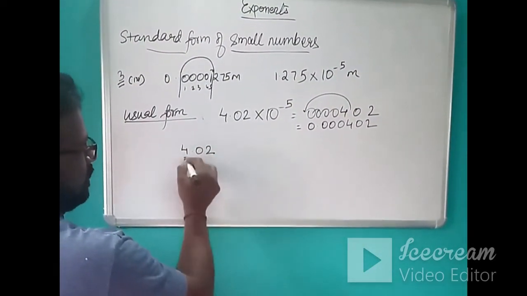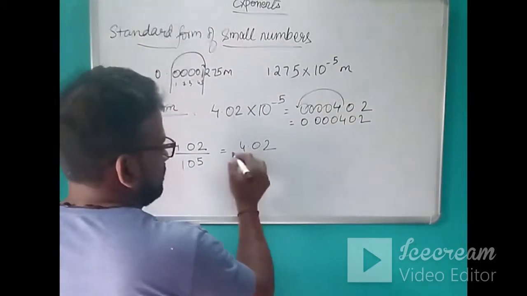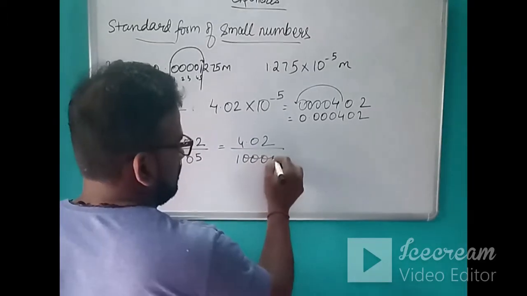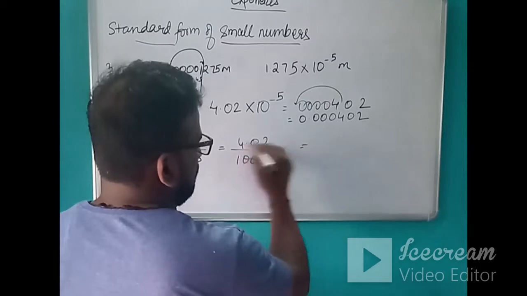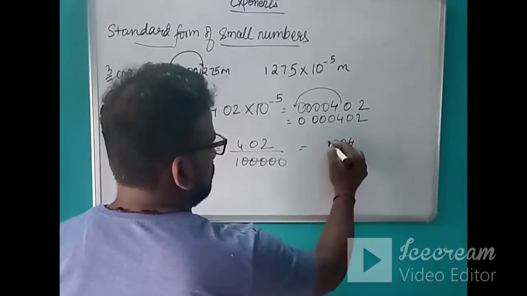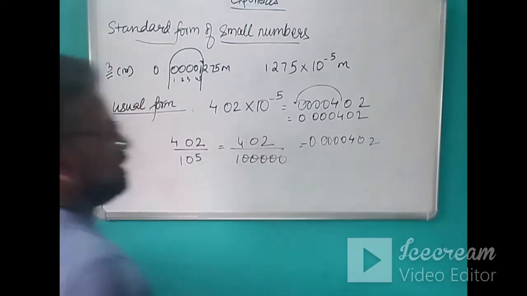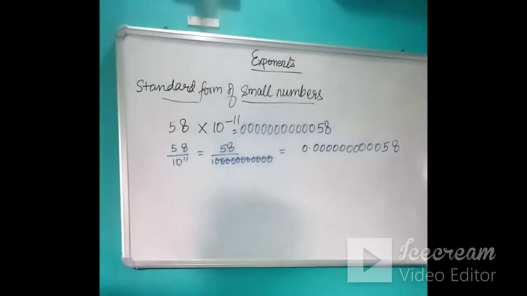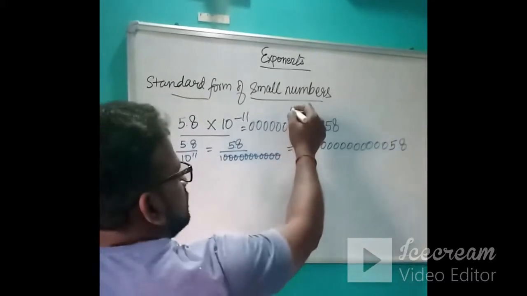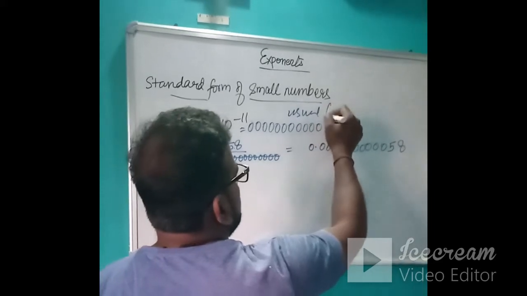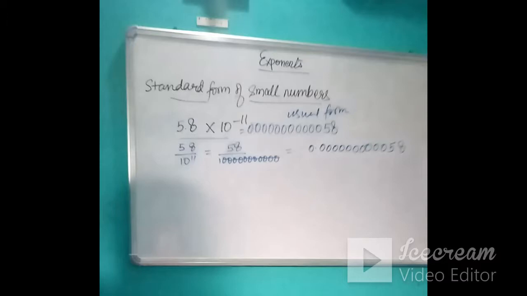Or one more method is there. You can write it like this, 10 to the power 5. Then we will expand this 10 to the power 5 as 5 zeros. Then you will put the decimal, 1, 2, 3, 4, 5. So 5 places before 4, you will put 4 more zeros and you will get this. So this will be your answer, like you have done in the junior classes. Okay, so one more question is there. Now this is in the standard form and we have to write it in the usual form. Usual form means without the powers of 10. So how will you write it?